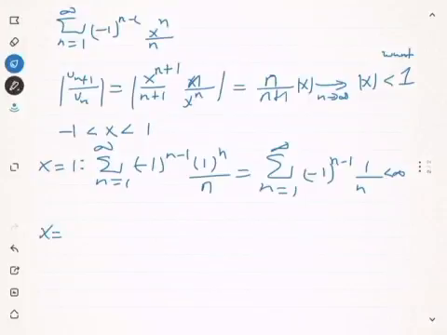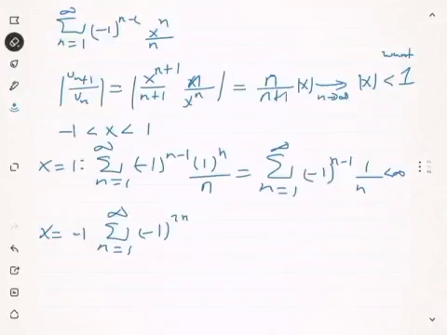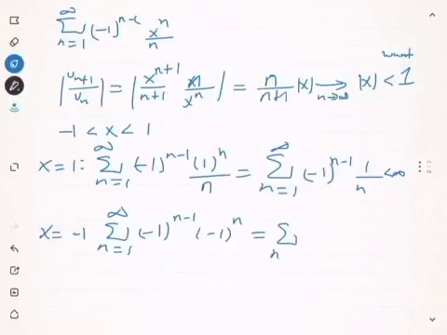Then we have to test the other point, x equals minus 1. So that will give you the series that goes from 1 to infinity, minus 1 raised to the 2n... I'm getting ahead of myself. Let me raise this to n minus 1, and then we're going to plug minus 1 for x, like this. And then we get this series that goes from 1 to infinity, minus 1 raised to the 2n minus 1, like this, 1 over n. Because 2n minus 1 is an odd number, this series is just nothing more than the negative of the harmonic series,